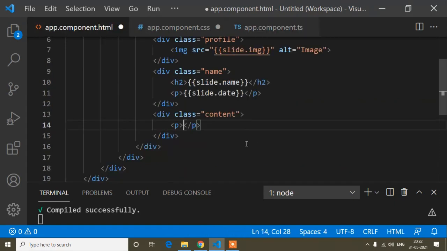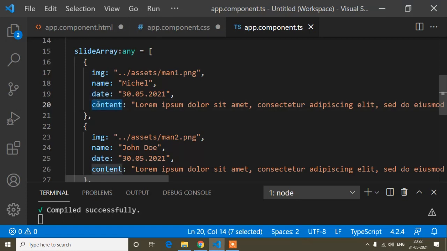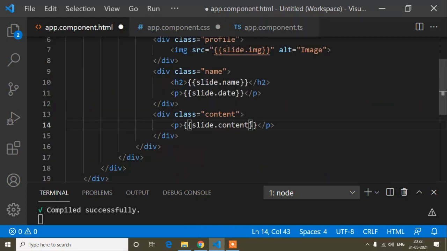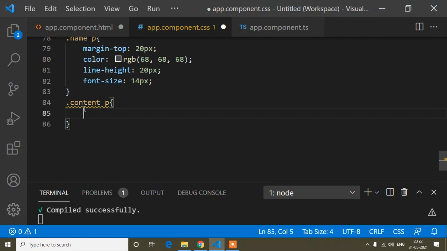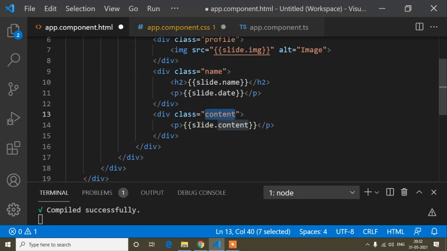Curly braces, the same thing, slide dot content. And now I will add some CSS for this content class. Here I will not write any CSS for the content class, I will just define the CSS of this p tag.